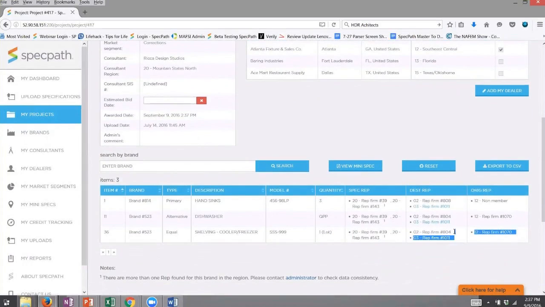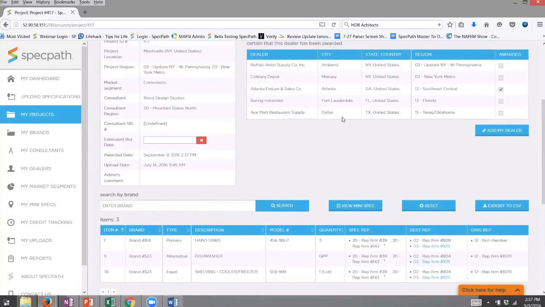And then here we go. Now it's 1 to 1 to 1, essentially. Anytime you see non-member, that means that that rep is not a member of MAFSI in that region. So from here, you can also view the mini spec. And the mini spec